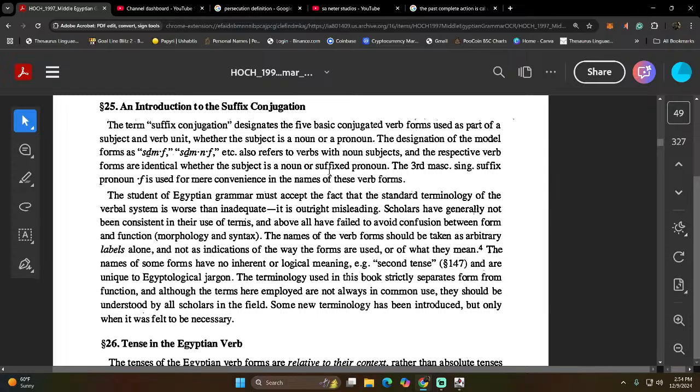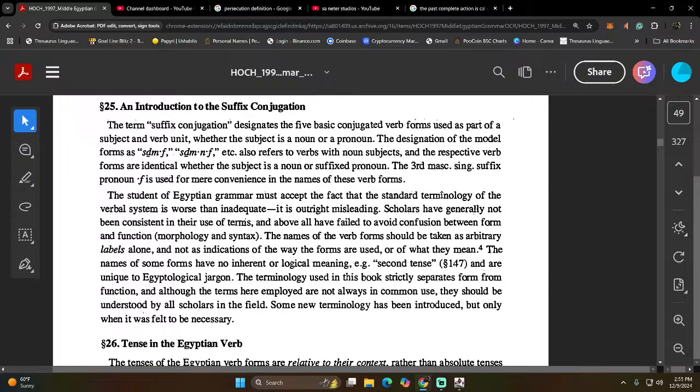And it also refers to verbs with noun subjects. And the respective verb forms are identical whether the subject is a noun or a suffix pronoun. I repeat, the respective verb forms are identical whether the subject is a noun or a suffix pronoun. Meaning that verb ain't gonna be altered. Whatever you're trying to say about that verb, it don't matter whether you got a noun or a suffix pronoun behind it. The third person masculine singular suffix pronoun F is used for mere convenience in the names